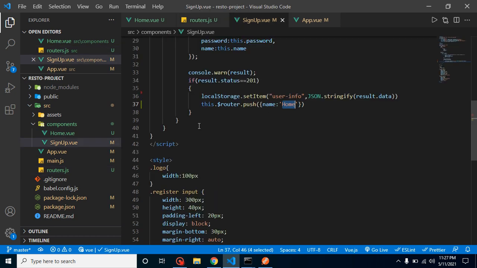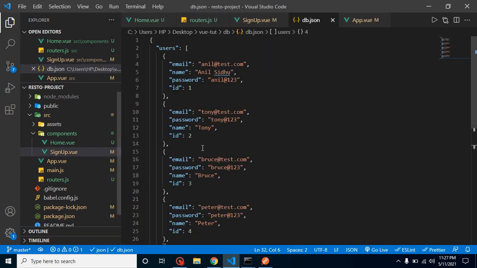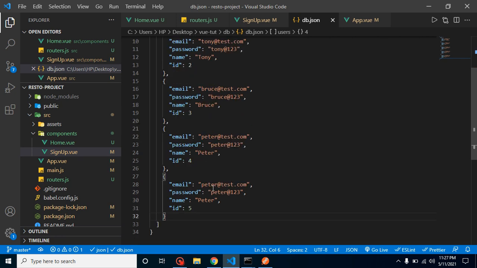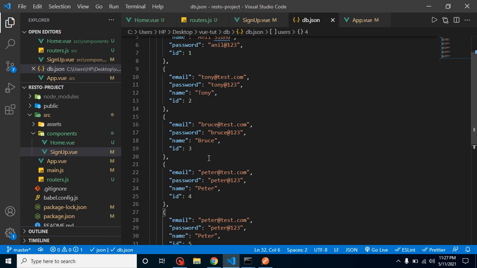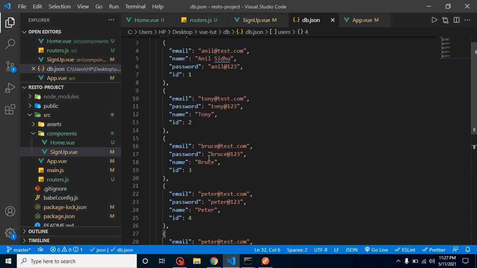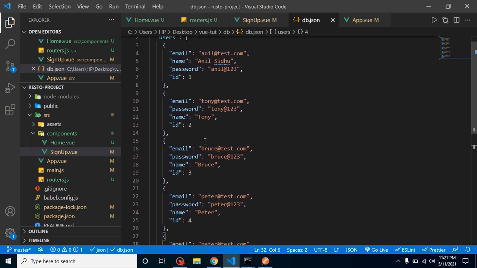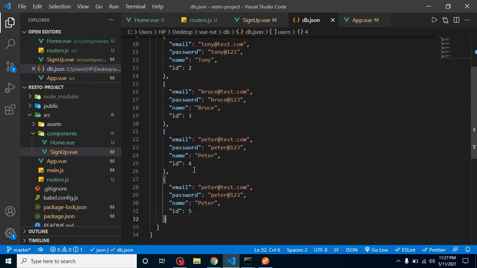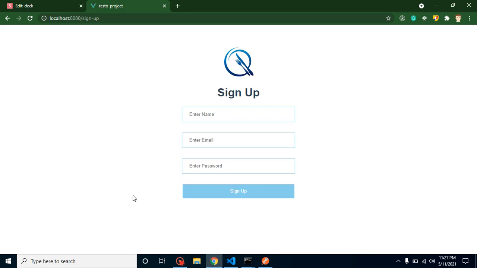So now let's see. I am opening the db.json file. Here you can see that we have 5 users till now. Peter, 2 Peter, because I was testing before making this video. In the last video you may have just 2 or 3 users. Now there are some more because we were actually testing before making the video. So let me add one more user.